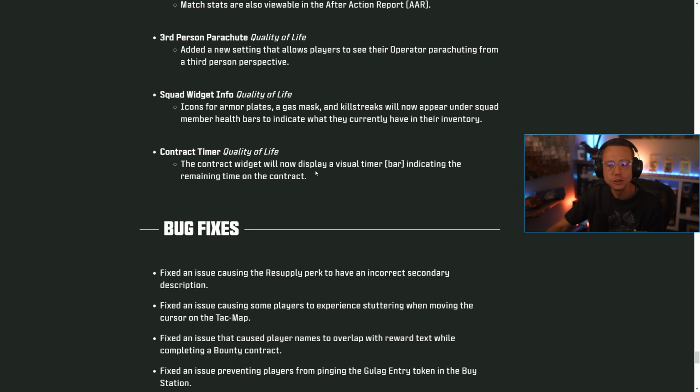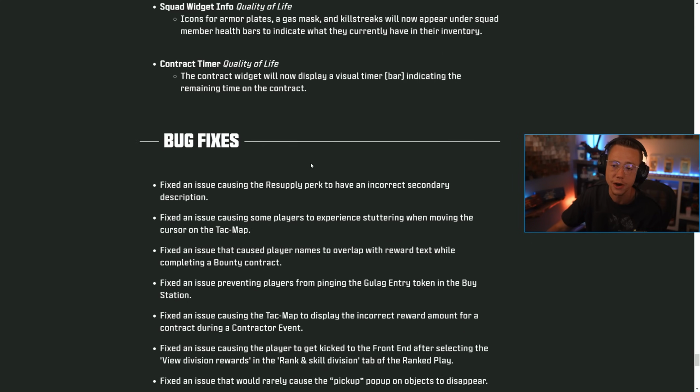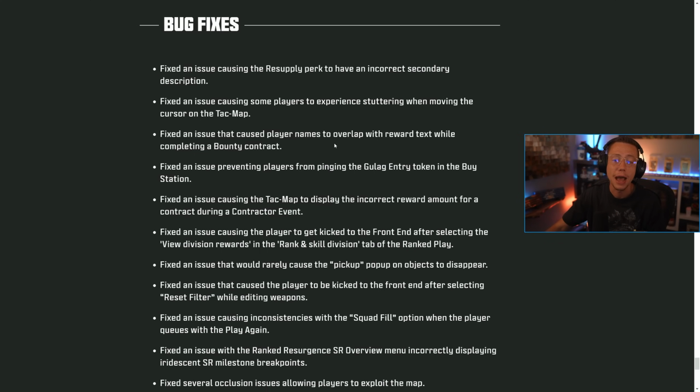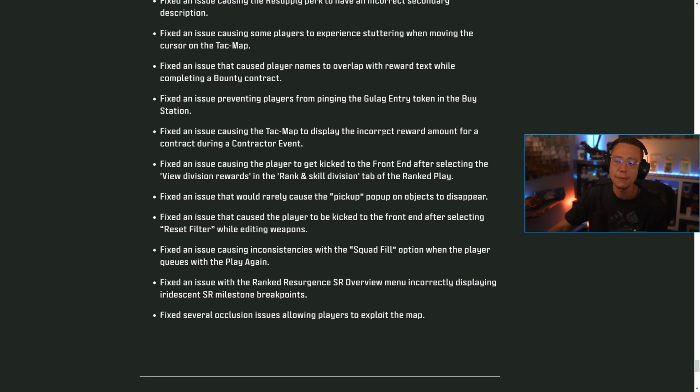Contract timer, the contract widget will now display a visual timer there too. And various different bug fixes. We're going to speed run these. Fix an issue causing the resupply perk to have an incorrect secondary description. An issue causing some players to experience stuttering when moving on the TAC map. An issue that caused player names to overlap with the reward text when completing a bounty. An issue preventing players from pinging a gulag entry token. An issue causing the TAC map to display an incorrect reward amount. And an issue causing the player to get kicked from the front end after selecting view division rewards in ranked